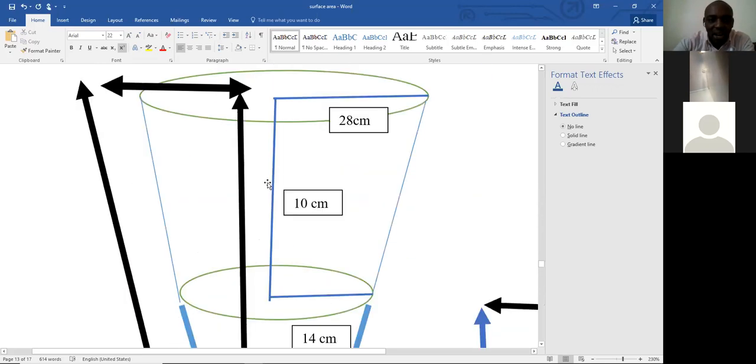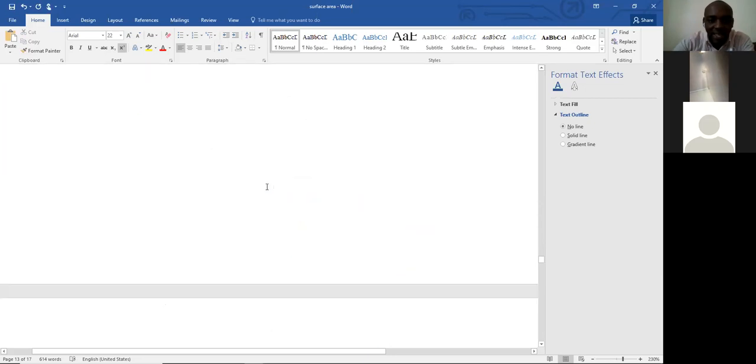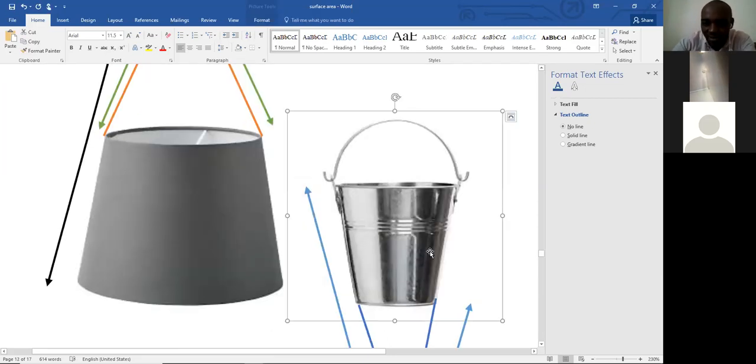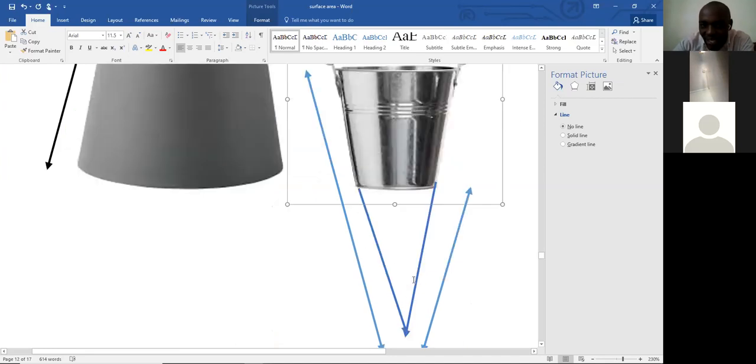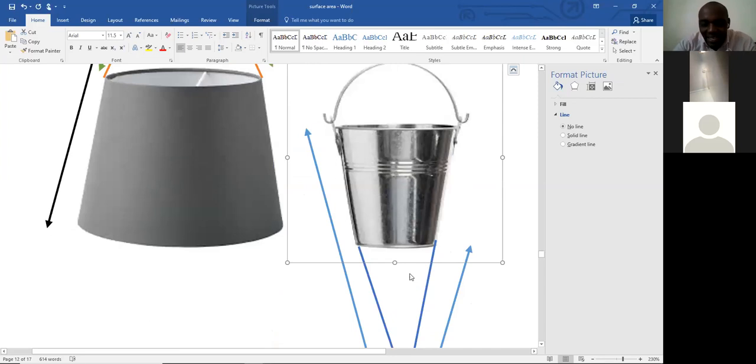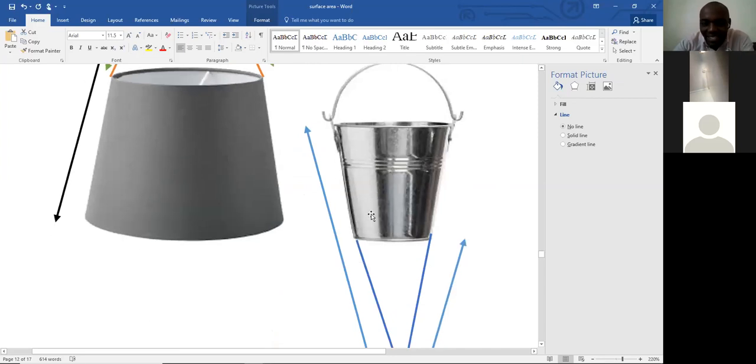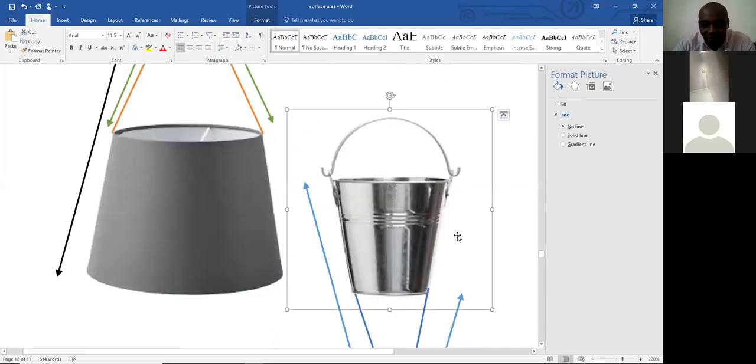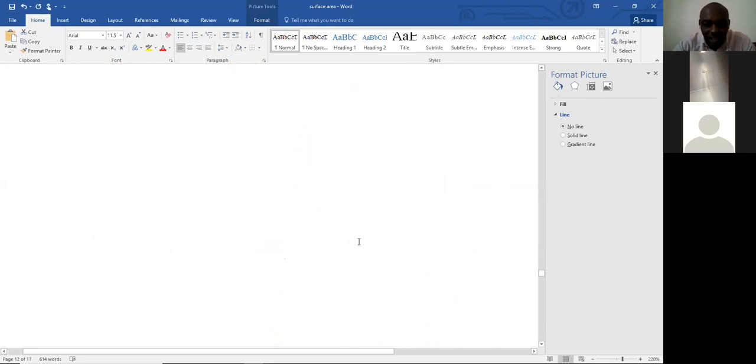Now, remember our example here was a bucket. Bucket of water looks like this. And I also drew a bucket down here. A bucket down here is closed. So the formula for pi RL gives us the surface area of the bucket. So in this bucket that I've drawn here,